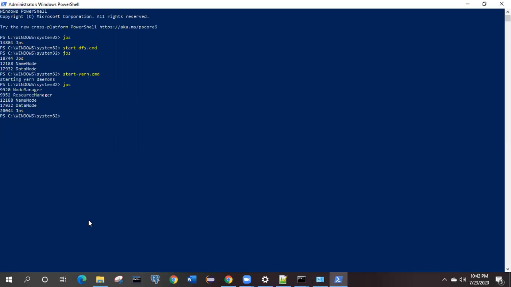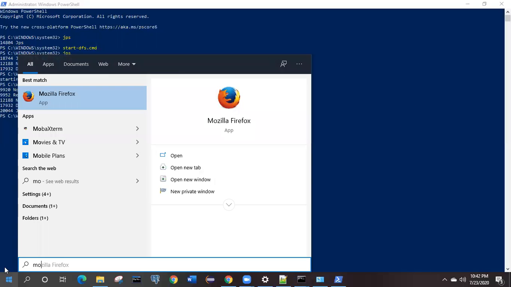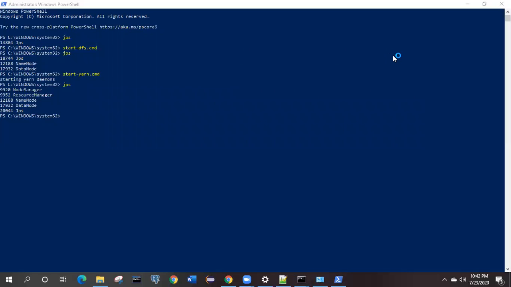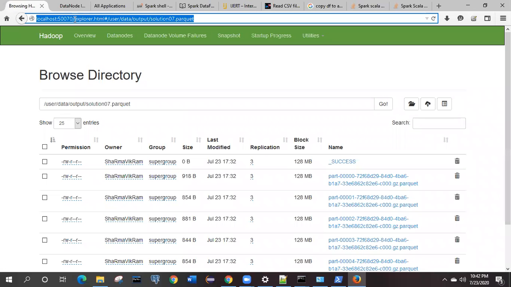How are we going to verify the UI for this Hadoop system? Open any browser. I'm opening Mozilla. Here we have to open localhost.